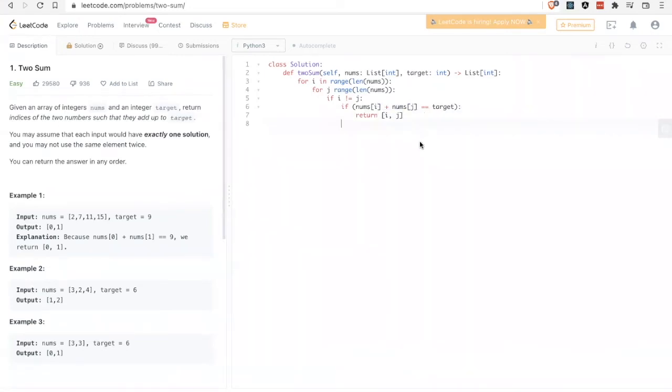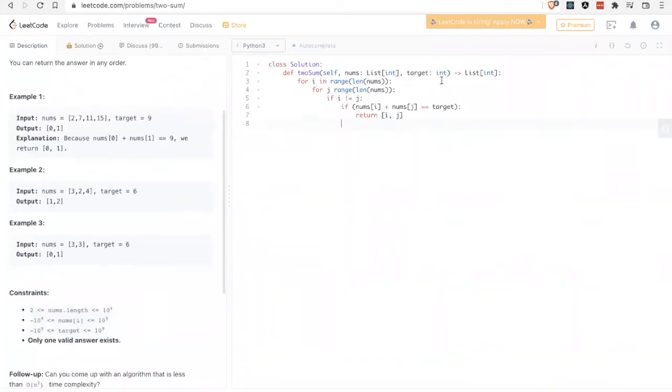But the problem with this one is if you look at the time complexity, you can tell that it's O of n squared or big theta n squared, depending on which one you're using. The reason is because you're going through each item in nums here, and then you're going through it again each time you go through one individual item. And so it adds up to n squared times. So there might be a way to do it more efficiently, and there is.